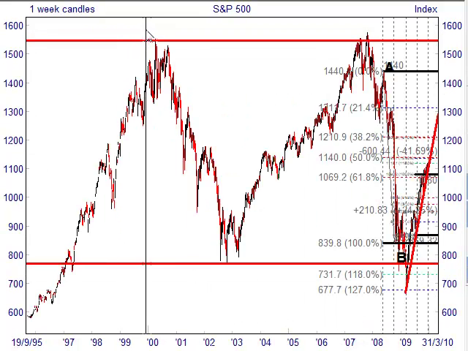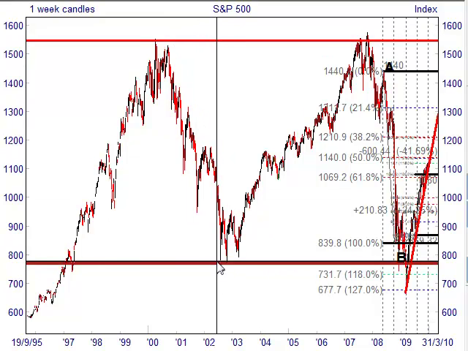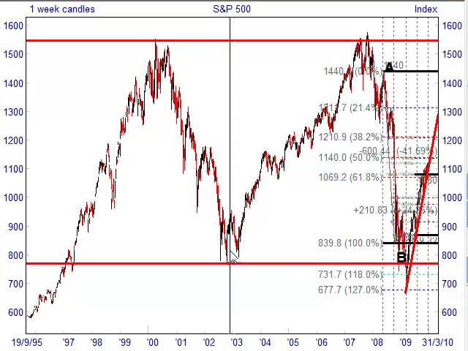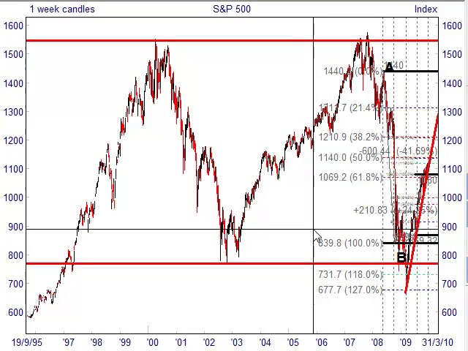The market kept going down all the way until 2003, where it found a level of support around the 775 mark and started heading back up. The market kind of made a triple bottom at that level. Now if we move to